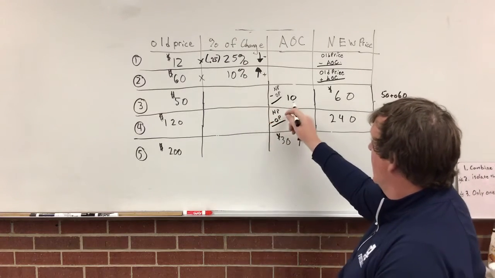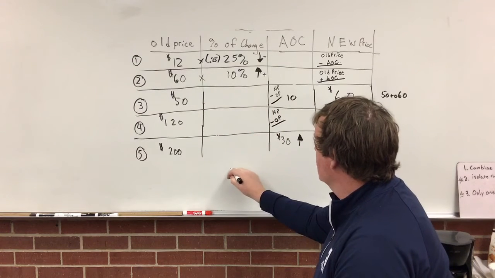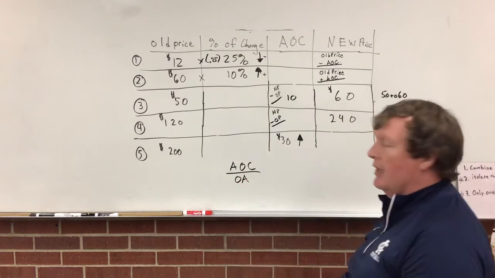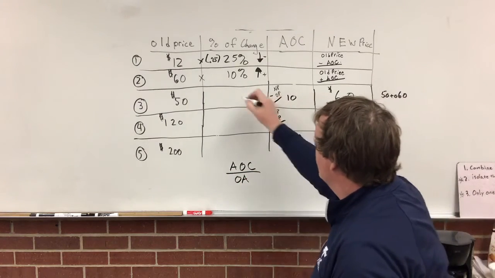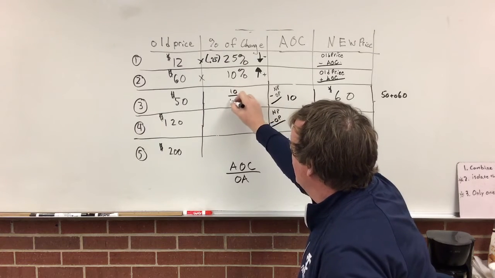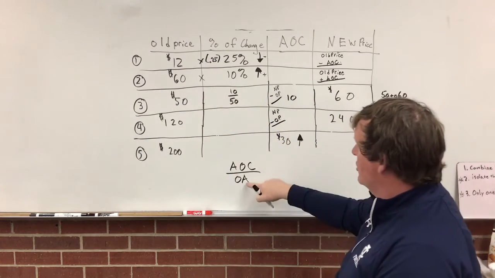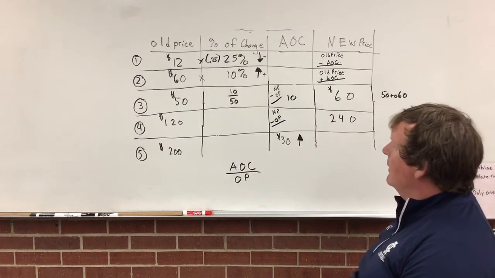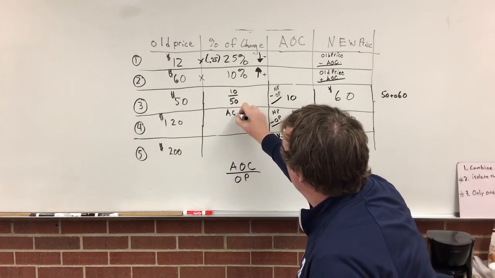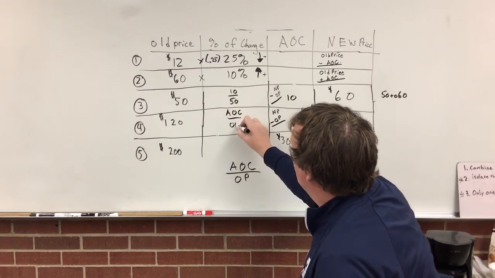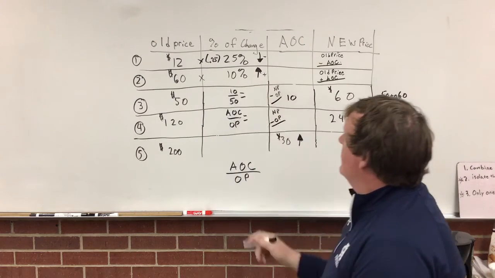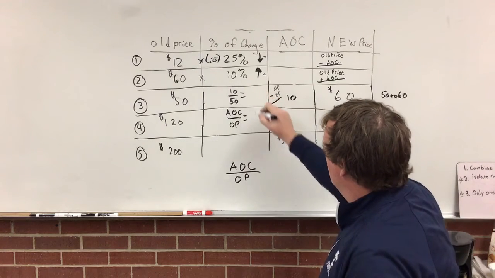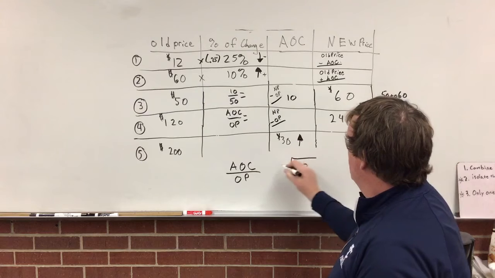To find the percent of change, if you remember from our previous lesson, it's the amount of change over the original amount. It's a division problem. So we take this answer, 10, and divide it by the old price, the original amount. I'll put OP here since we're using old price. Okay? So the same thing happens here. The amount of change divided by the old price. Now remember, when we get this answer, 10 divided by 50, for that one, if we do that one,